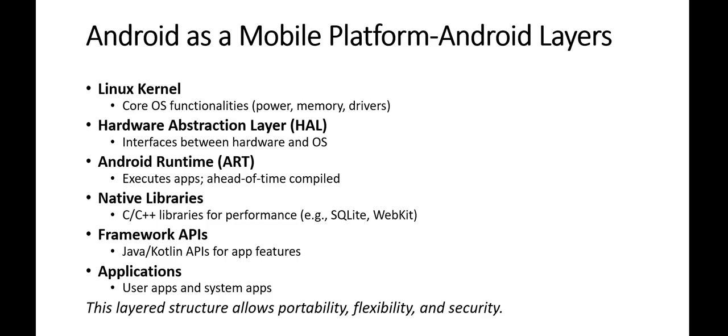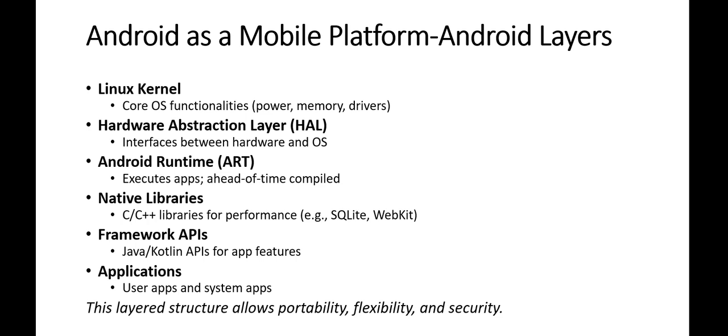Android as a mobile platform. Android layers: Linux kernel, hardware abstraction layer, Android runtime, native libraries, framework APIs, applications. Linux kernel: core OS functionalities like power, memory, drivers. Hardware abstraction layer, shortly called HAL, provides the interfaces between hardware and OS. Android runtime, shortly called ART,